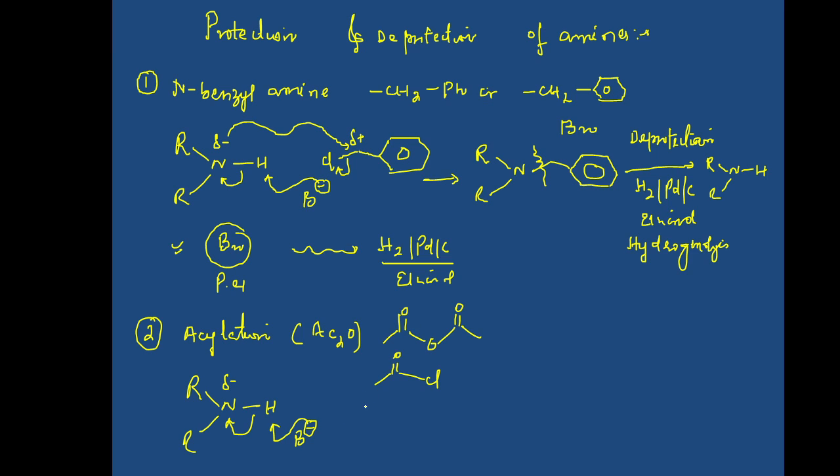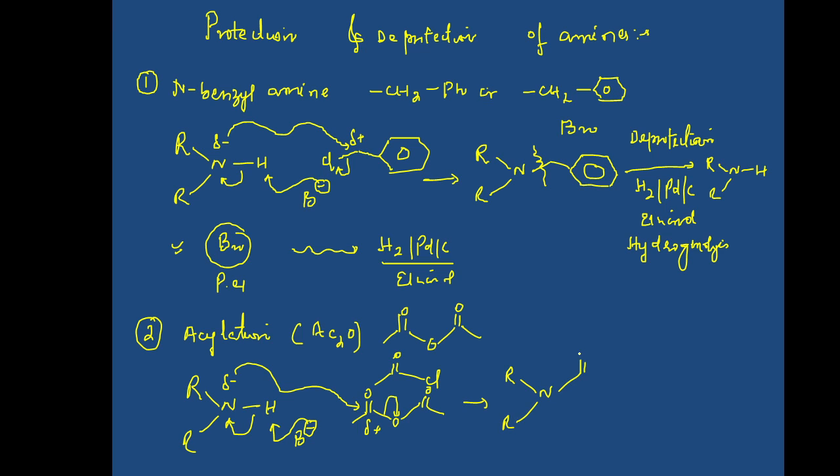Then I'll treat it with a protecting group like Ac2O. Now this is my Ac2O. Now what will happen? You can clearly see this bond will break towards this side and we'll have a positive charge over here. This nitrogen atom attacks over here, hence this nitrogen atom gets protected. So we have protected our nitrogen atom by acylating it.